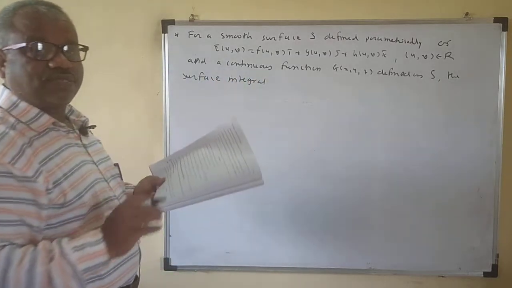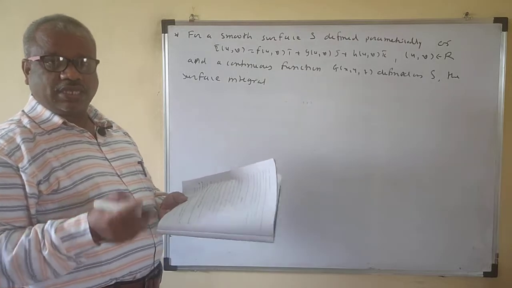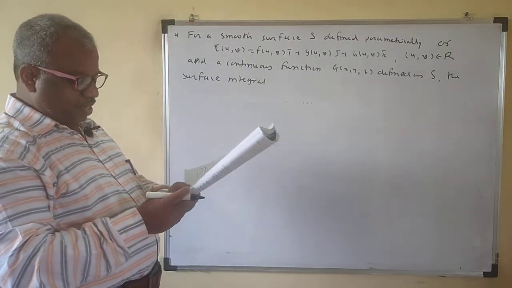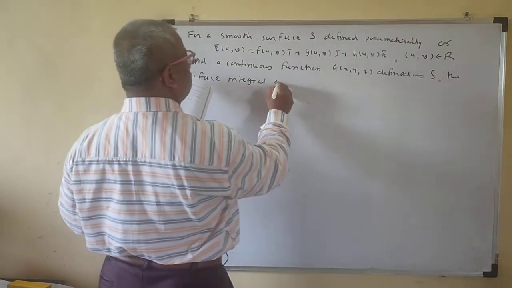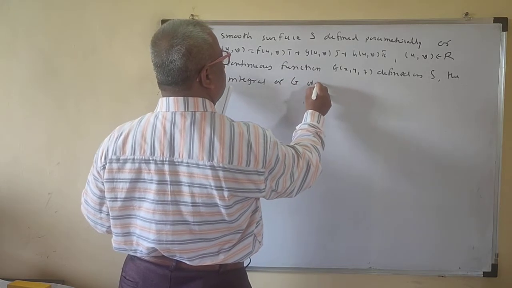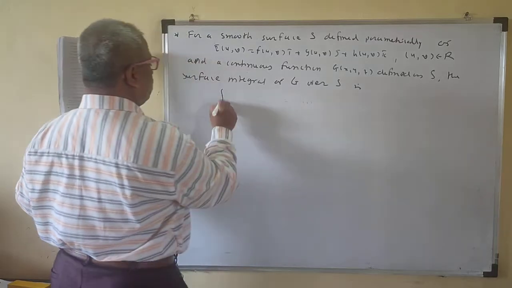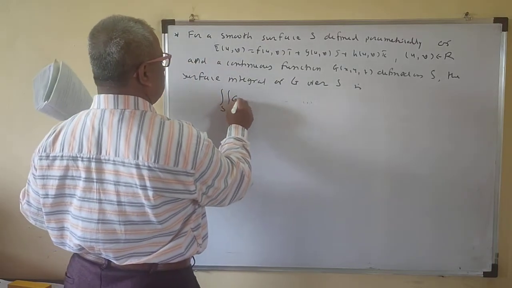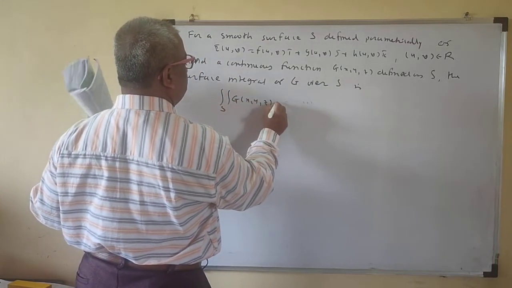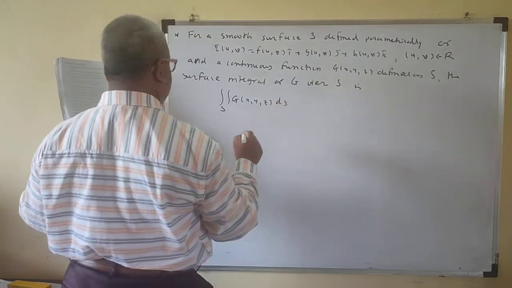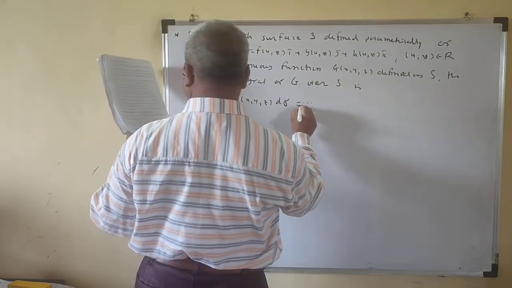In the previous part we have seen the surface area. Now we see here the surface integral. Surface integral of G over S is, surface integral over S of G of x y z dS, or d sigma,